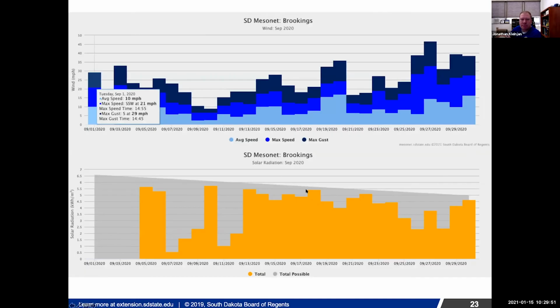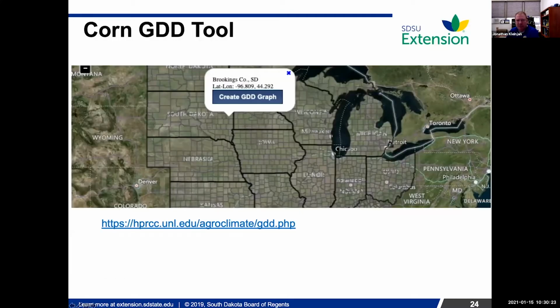What was I going to point out? Oh, just look at this, from the Mesonet website. September 13th to September 21st, that week we had 12 points of dry down. Look at the solar radiation that we had. We had almost maximum solar radiation that week. And then look at the winds. We had 20 to 30 mile an hour winds just about every day. Here we dropped down to 15, but probably the most ideal weather for corn drying that I have ever seen. So anyway, just thought that was kind of neat.